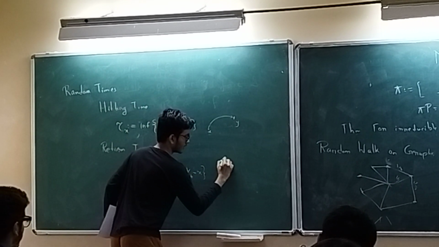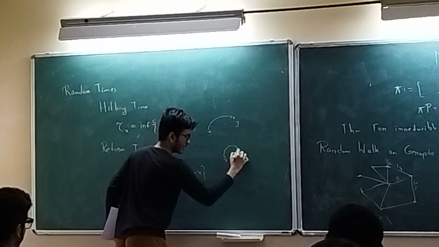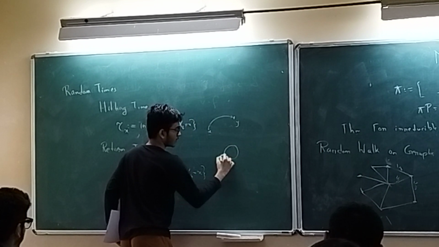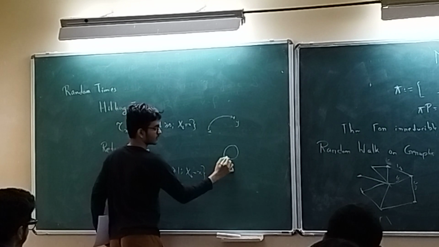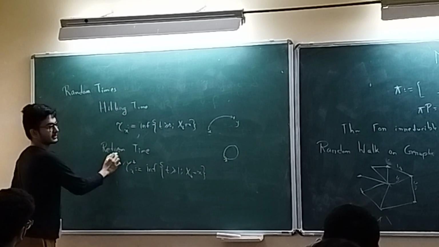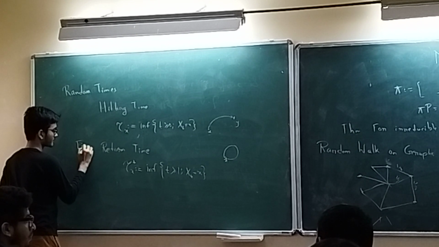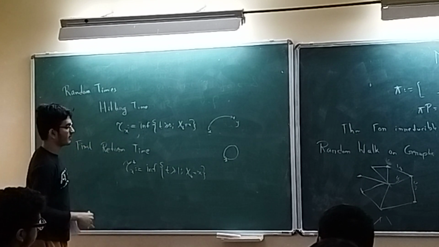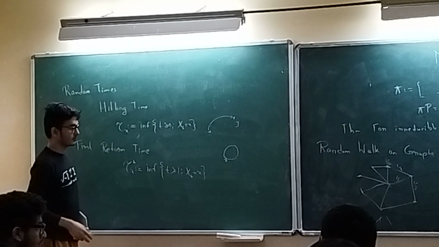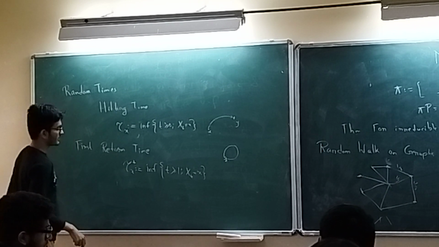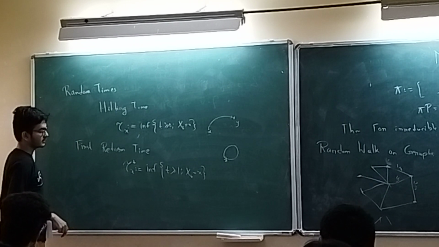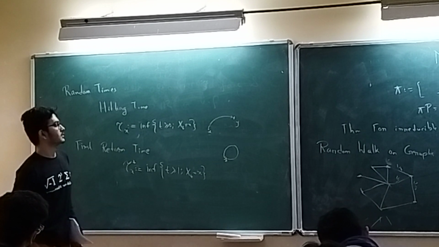This says that you will escape from x and then come back to x. And what is the time taken in this path? That is given by the return time. In fact, this is the first return time, and you can define more such return times, the nth return time, and I will define such return times in one of the problems that I discussed. But for now, just the first return time.